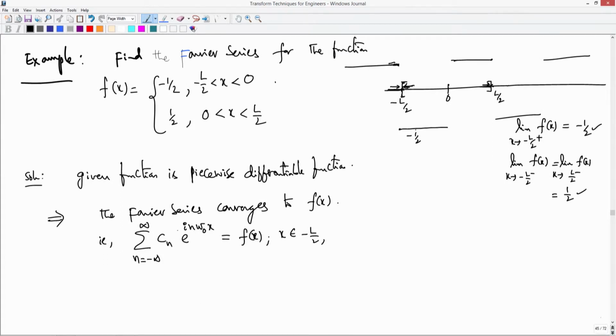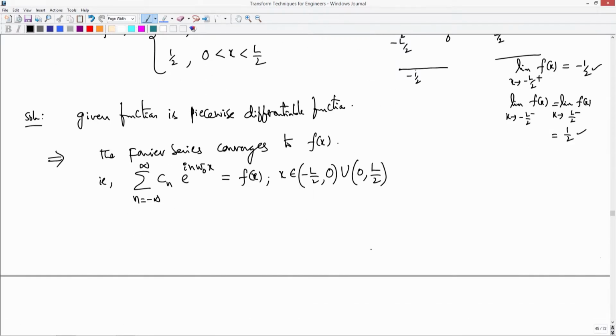So, where is it continuous? It is only in the open intervals, this union of 0 to L by 2, from the result. So, we will calculate what this is. What are your Cn's? Cn's are simply 1 by L